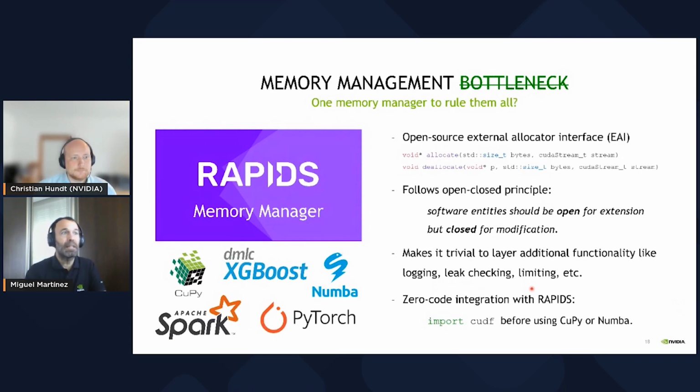And the great news is that this is open source, all the code is in GitHub, and it is already integrated by multiple libraries like XGBoost, PyTorch, Numba, CuPy, and all RAPIDS frameworks. So that means that they will all share the same memory. So they don't need to fight for the memory. They will just query RAPIDS Memory Manager for the memory they need, and it will be provided to them. And we will have that orchestrator, which is RMM. So a really nice tool. And we keep on adding other libraries integrated with this library.